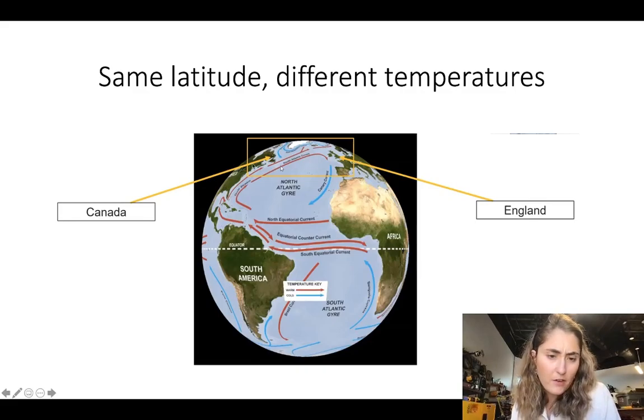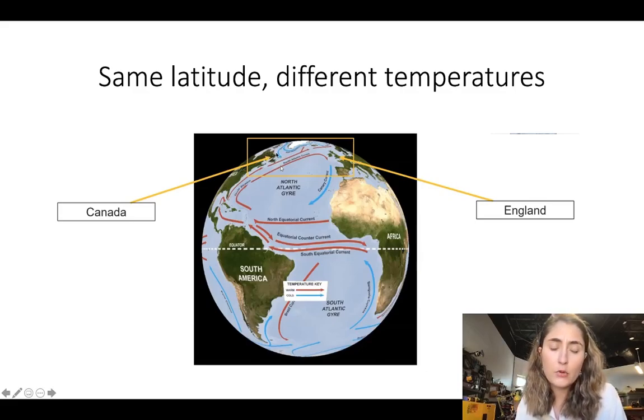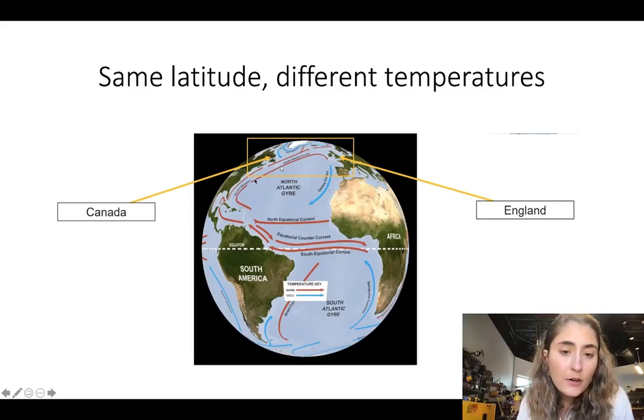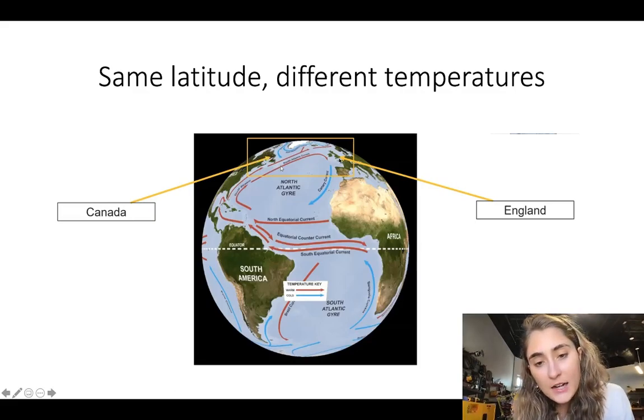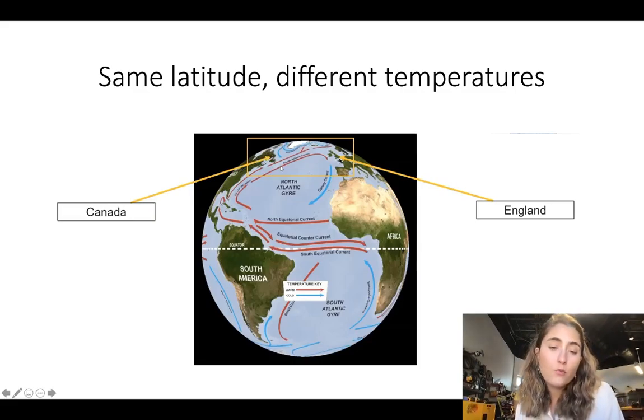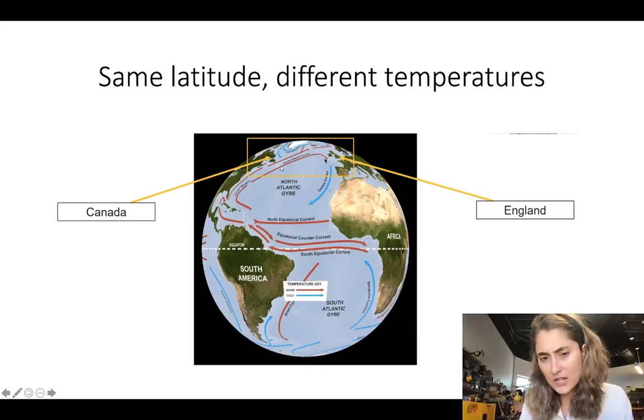So notice here we've got Canada, the northeastern portion of Canada, and over here we have England. Now here's that Gulf Stream current that we talked about that comes up the east coast of the United States, and it brings this warm current. Now notice that this upper northeastern portion of Canada is at the exact same latitude that England is. The really crazy thing, even though these are the exact same latitude and you would expect them to have almost identical climates,